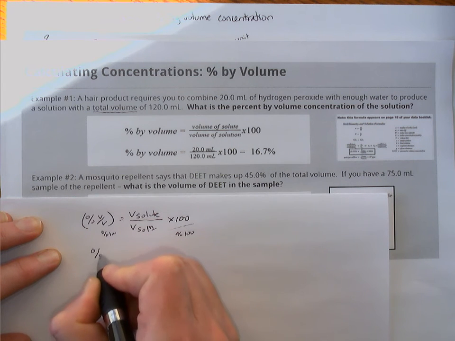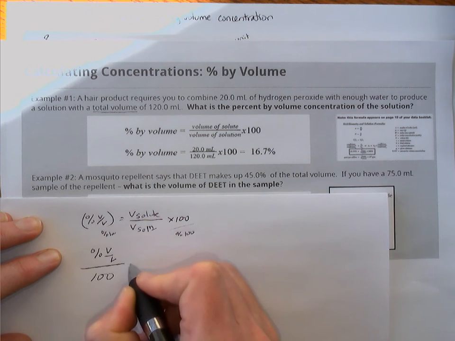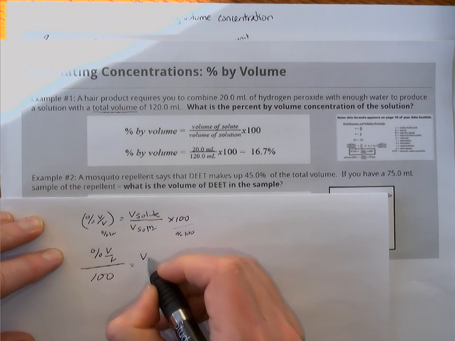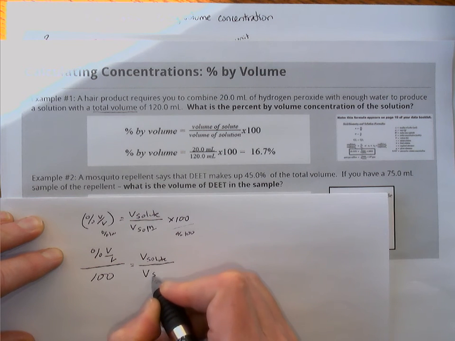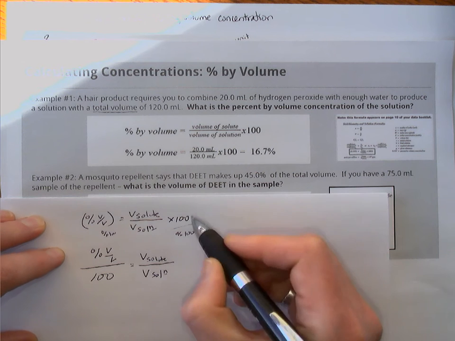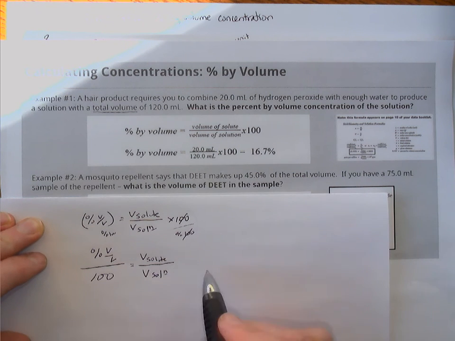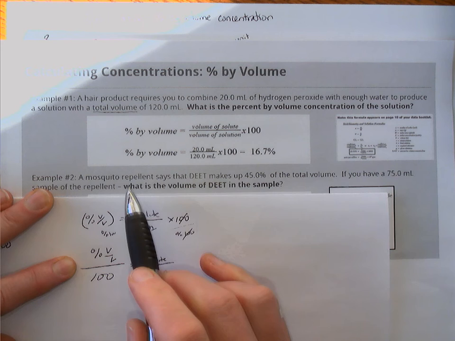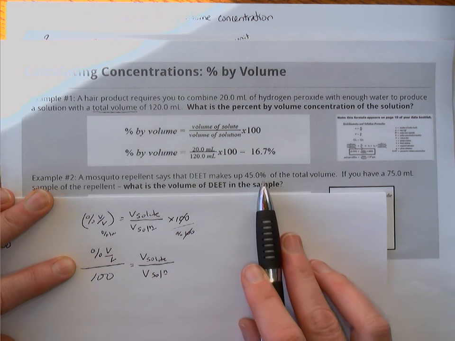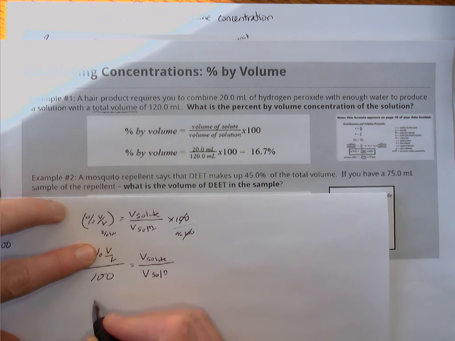So we're going to have our percent volume all over 100. And then our volume of solute divided by our volume of the solution. Now, because we're dividing both sides by 100, that gets rid of our 100 here. So this is our new formula now, and this is great because we can do some cross-multiplying using this formula. So let's test it out with our example 2. So we have a repellent that says DEET makes up 45% of the total volume. So that's our percent volume. So we're going to put that in here,